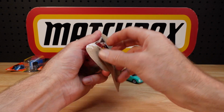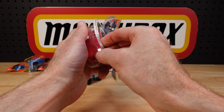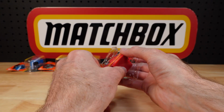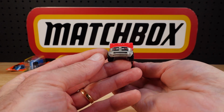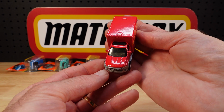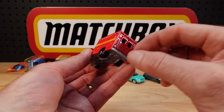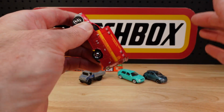Can't have too many emergency vehicles, in my opinion. Just for when things get rough in the collection, you send out the first responders, as the Americans call them. We don't call them that here. Yeah, I love this as a truck, as a ute, but here we have it in the ambo form. Maybe I can get my thuggish fingers in to...